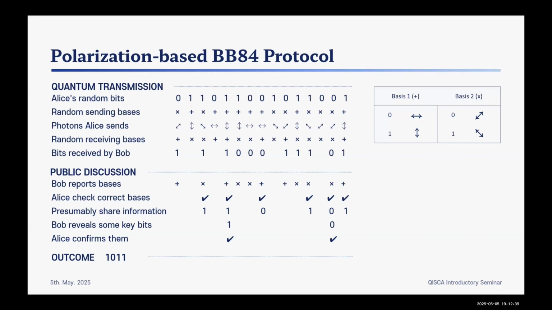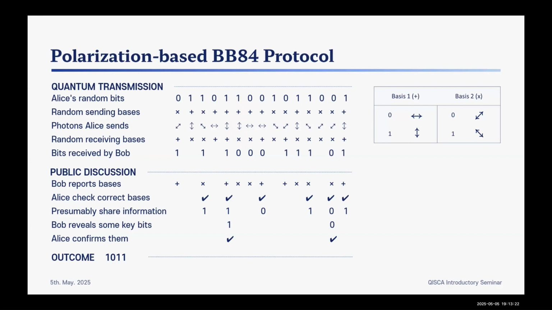One important case to note is the 6th bit in the example. Here, Alice sent 1 using the rectilinear basis, meaning the photon was vertically polarized. However, Bob chose the diagonal basis to measure it. Since the diagonal basis measurements can only distinguish between 45-degree and 135-degree polarizations, the original vertical photon collapsed randomly into one of these two states. As a result, Bob gets either 0 or 1 with 50% probability.